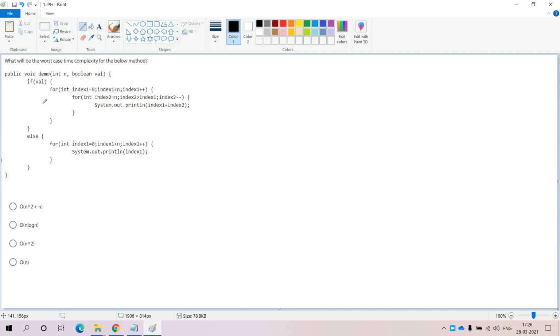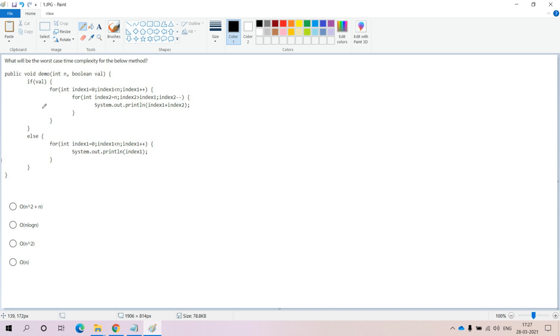It is not possible. Now if you observe within the if condition, there are nested loops. Within the for loop we have another for loop. The time complexity of a for loop is order of n. Here we have 2 nested loops, so n into n, and the time complexity will be order of n square. If we enter into the else block, the time complexity of the for loop is order of n, but we are unable to decide which condition we are going to enter, whether the if condition or the else condition. So for this method, the time complexity is order of n square.